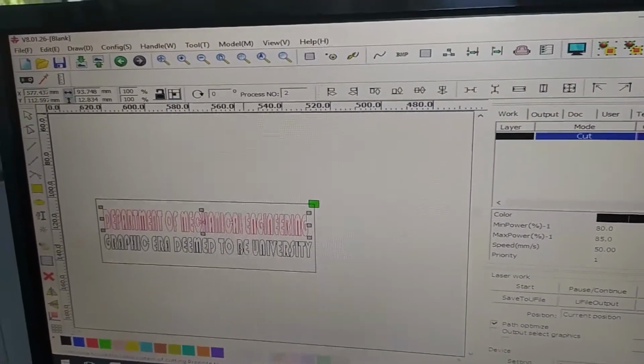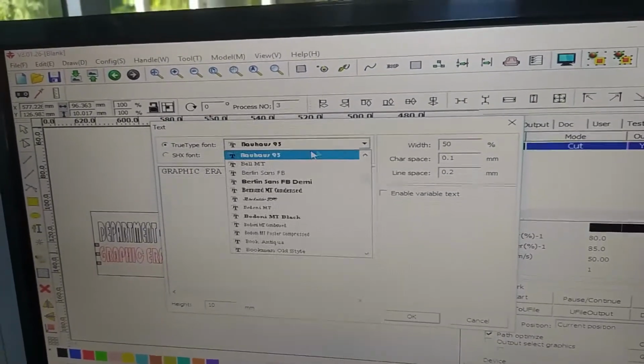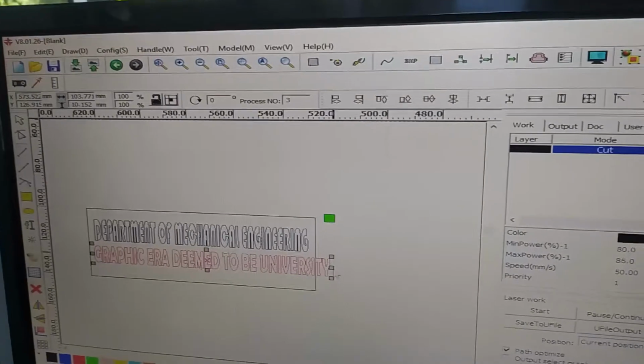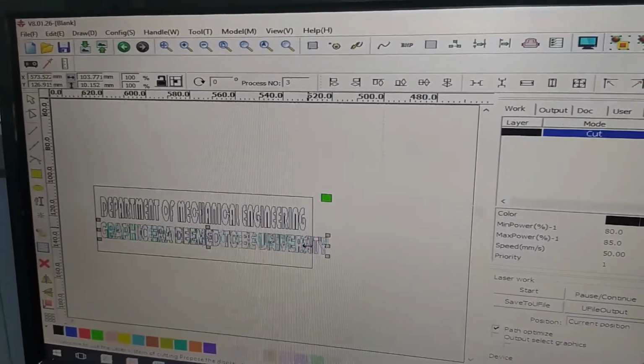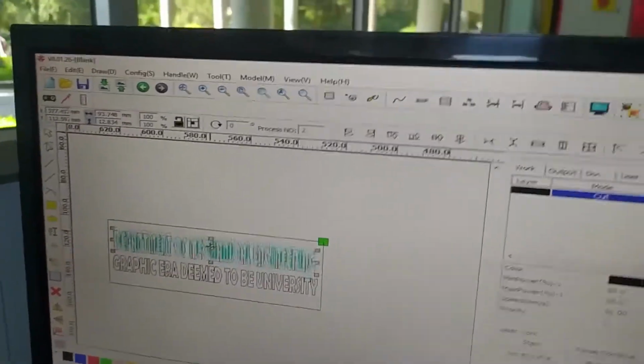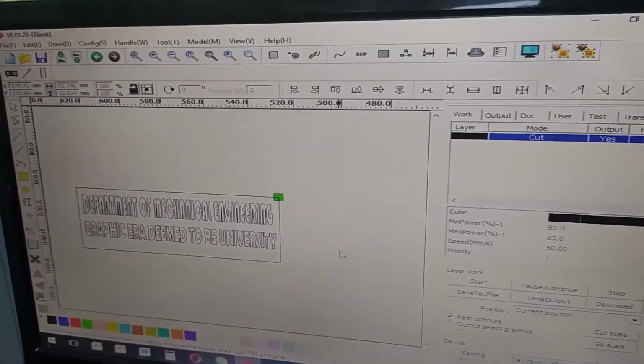Okay, if you want to change the font, you can. Okay, and you want to see how it will look.